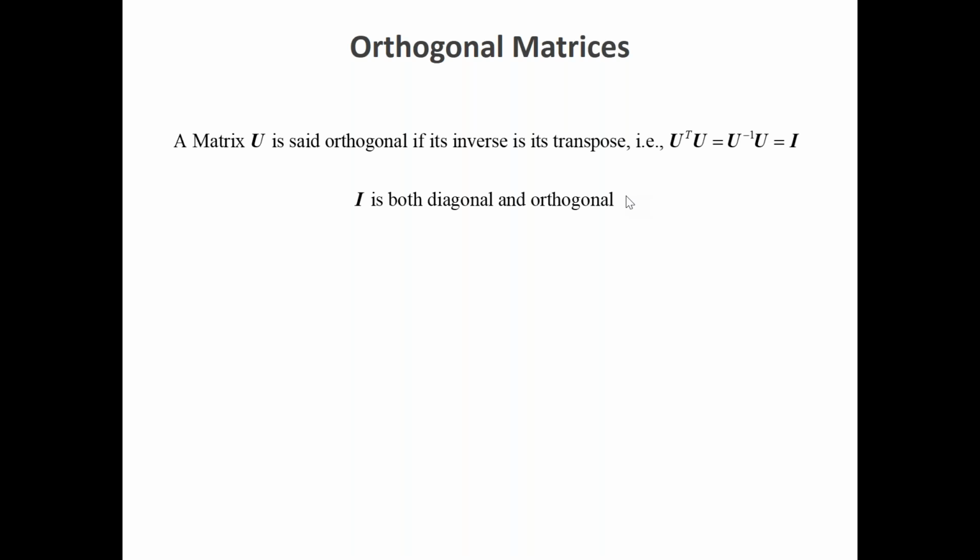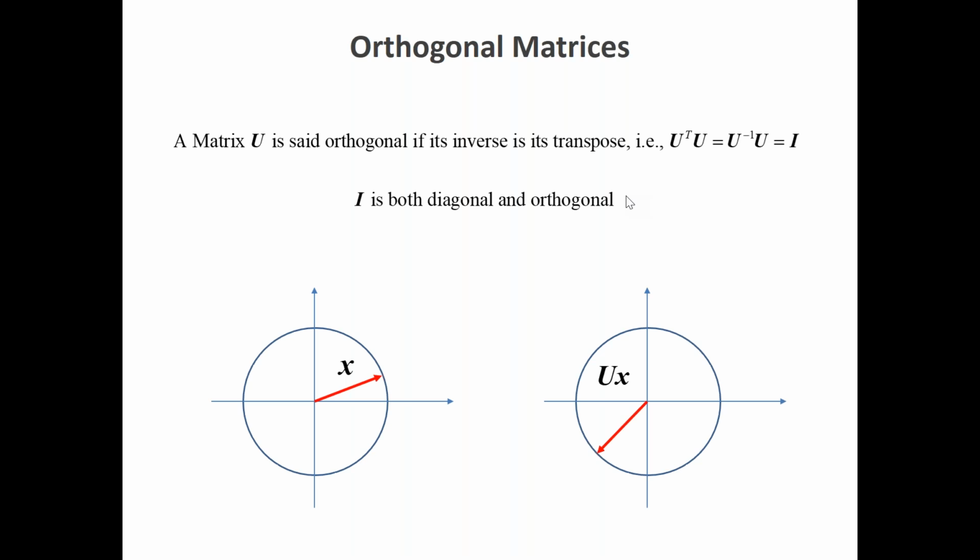Now, an intuitive thing to understand is that if you apply an orthogonal matrix to a vector, so a vector would be one time series, the recording in one electrode. But if you have only 2 numbers, then you can plot it this way. If you apply an orthogonal matrix to a vector, what you're going to do is rotate this vector. This is a concept a little bit obscure for now, but it is going to become clear later on. Just keep in mind that an orthogonal matrix will rotate vectors.